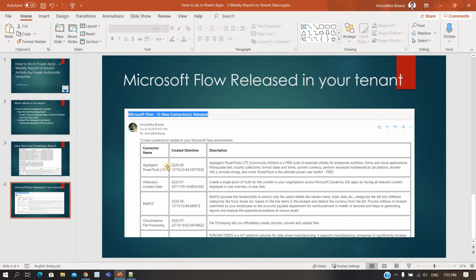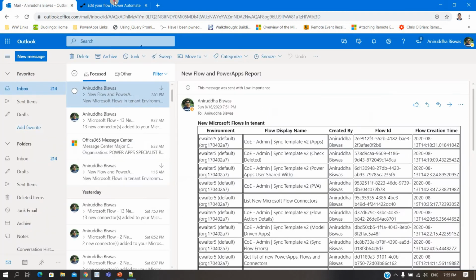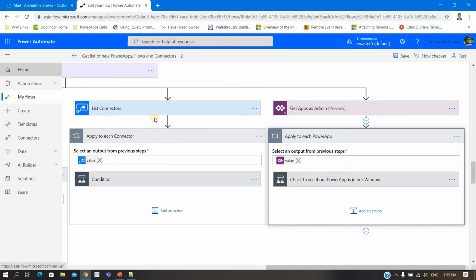So let's say there is a connector Microsoft is releasing. Someone's tenant will get updated today, maybe yours will get it tomorrow. But you need to understand when that connector is coming to your domain. Correct. Let me show how you can do that. So I will go to home without changing anything.